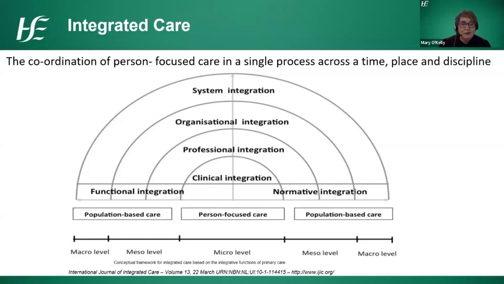Classifications of integrated care include types, so organizational, professional, and functional. And then the breadth, so it could be horizontal, vertical, or virtual, or all three. And the degree of integration, so that continuing from linkages and coordination to full integration. And then processes, so including social and cultural integration, as well as structural and systemic integration. So when we look at clinical and service integration, we're looking at coordination of services and the integration of care in a single process across time, place, and discipline.